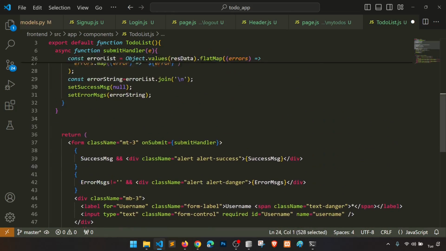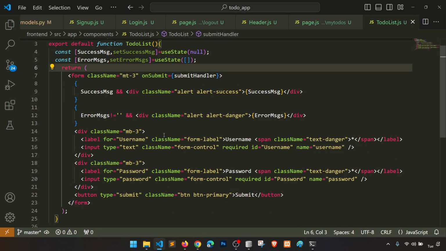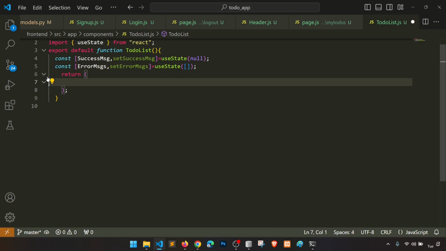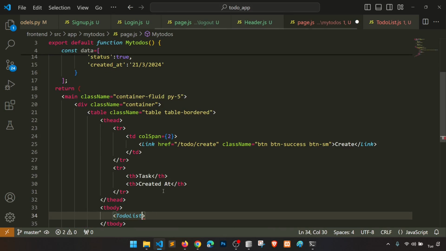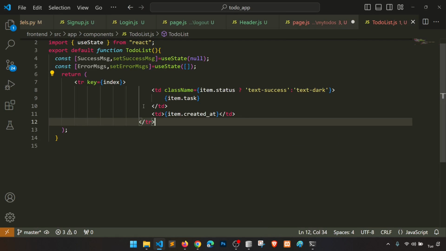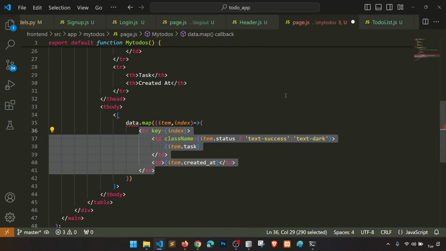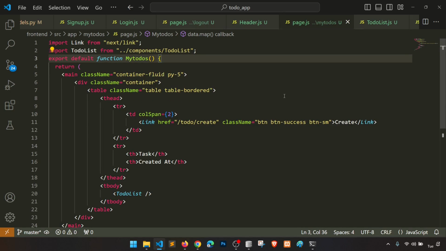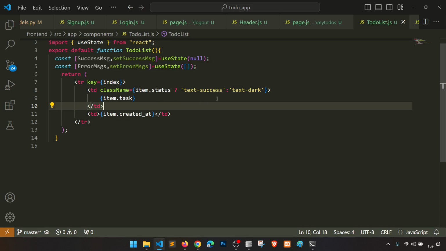Actually, let's remove this. All right, let's remove this one also. No need for form. Okay, we need this tr actually. All right, then to do list and success error messages, and this one key status text,